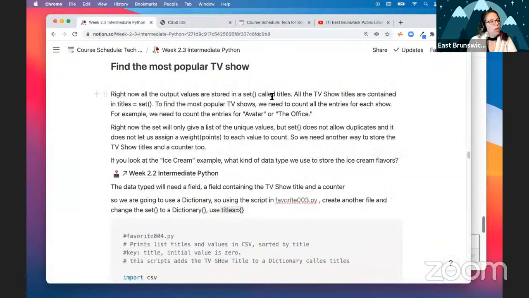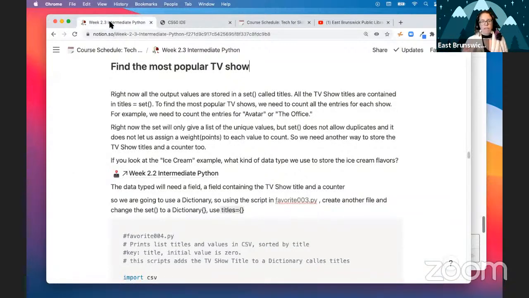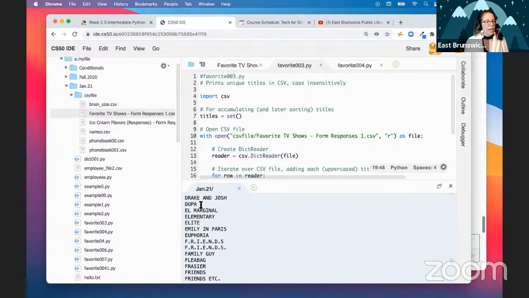And the set only allows one term. So it's only one entry, but we cannot add a value. The set is not going to let us add a value to Friends. So we will have to count. So we will have to add